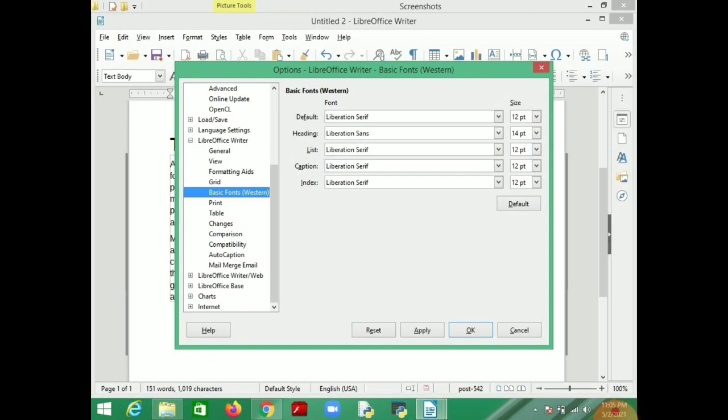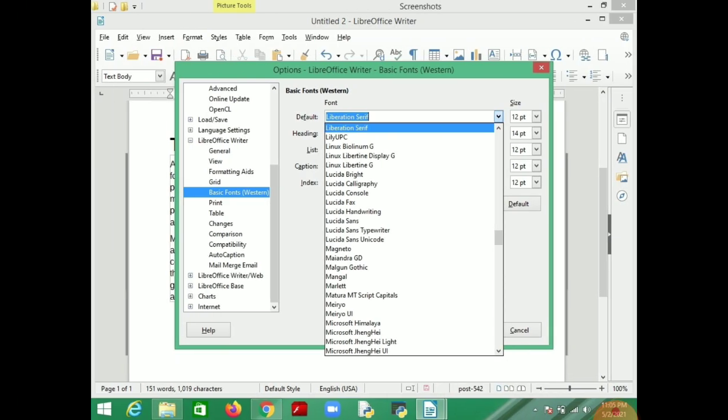In the pop-up window, you have to select basic font, then you can change the default, heading font, you can change caption, you can change for index. So for different text in your document you can change the font.